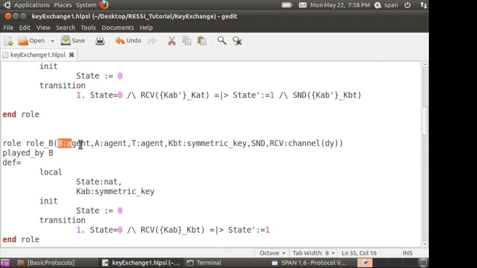So B, an agent, knows a symmetric key, and here we say that we received KAB, KBT. The problem is that KBT is known, that's correct, but KAB is not known. It should be a KAB prime because it's a new value that we receive from the network. So we save,